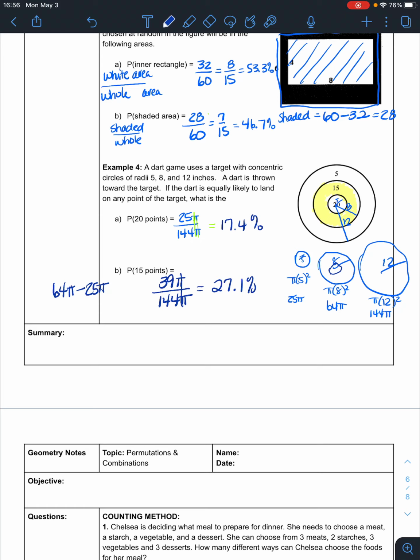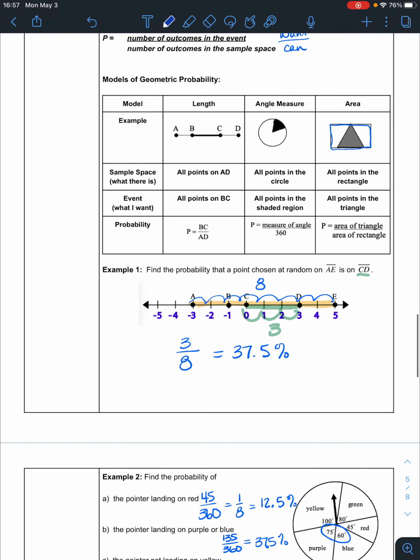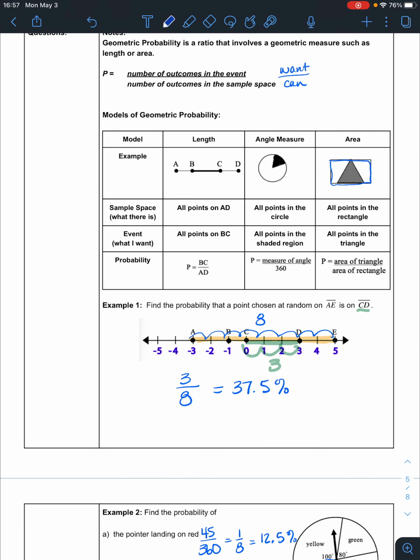Okay, and so you have to find the area of what you want, the length of what you want, or the angle measure that you want, divided by the length of where you can land, the 360 degrees that is the whole circle, or the area of the entire shape where you can land. It's still what you want, or what makes you happy, divided by what all can happen. That's still how you calculate